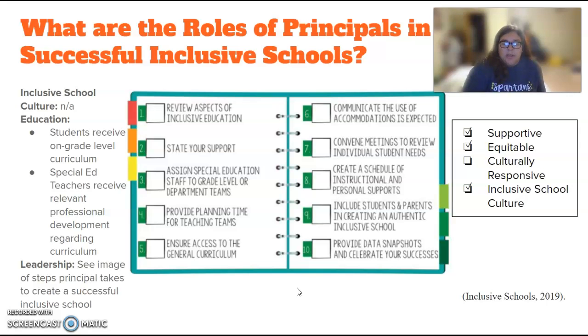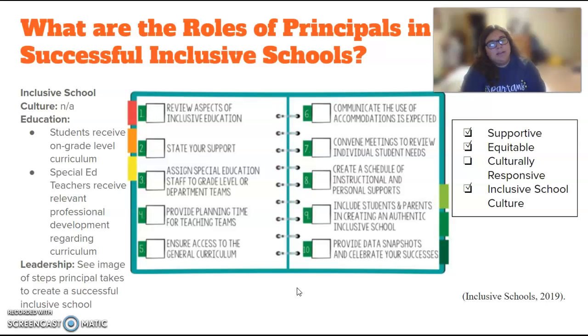And I thought this was a very good thought to put into what I need to do for next year. And I thought about a big school where you didn't know your kids as well as I do, that you definitely want to follow those dates so the next teacher could help them. I didn't really feel it talked a whole lot about the culture of the school, but that the students need to receive on grade level curriculum and that special ed teachers need to receive the same training that your regular ed teachers have.